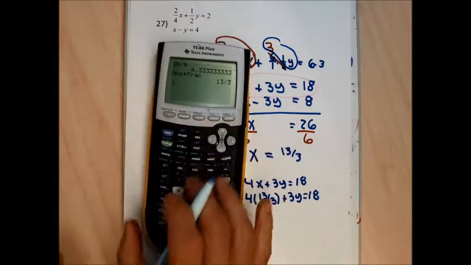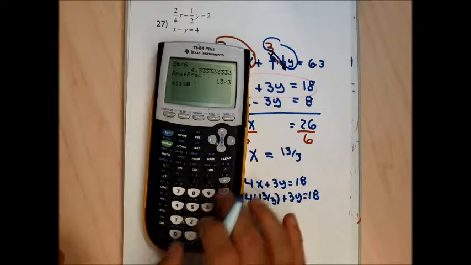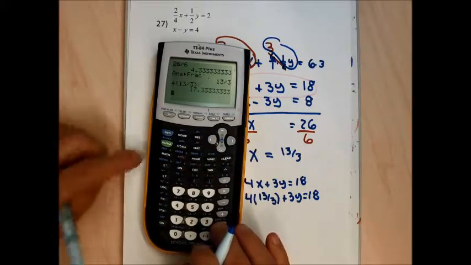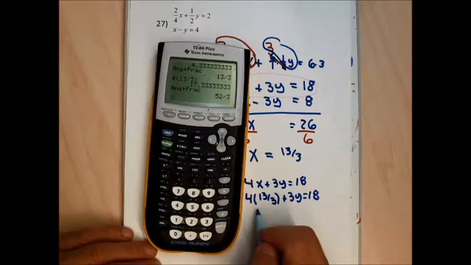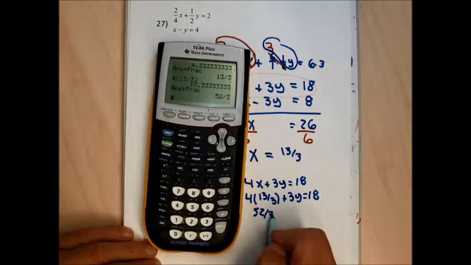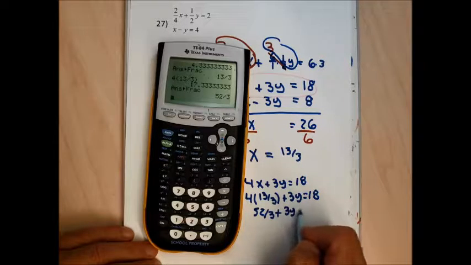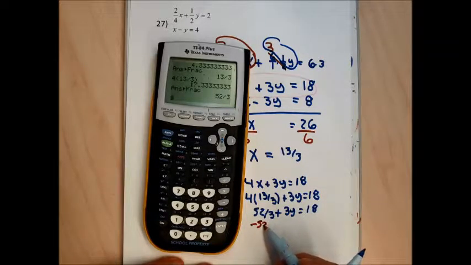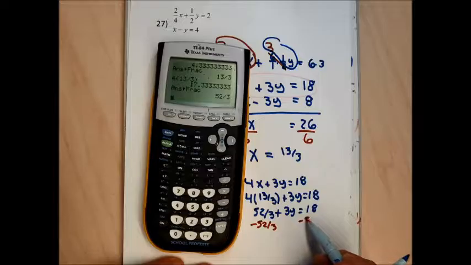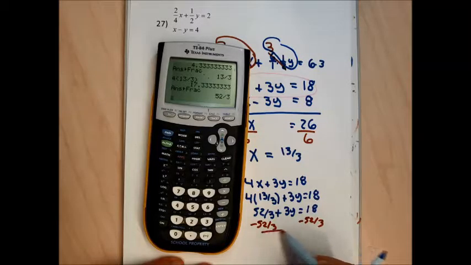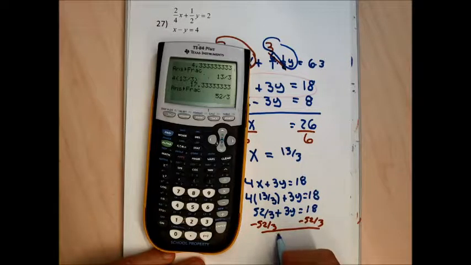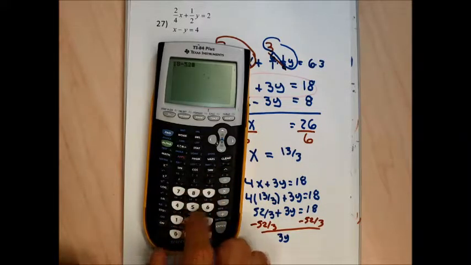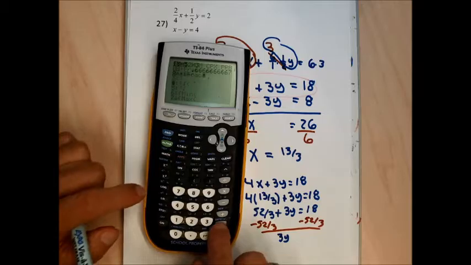Now I'm going to multiply 4 times 13 over 3, and get 52 over 3 plus 3y equals 18. And then I'm going to subtract 52 over 3 from both sides. On the left side, that's going to leave me with my 3y. On the right side, I'm just going to go 18 minus 52 divided by 3, math, enter, enter, and I get